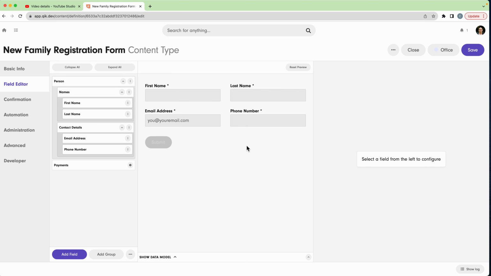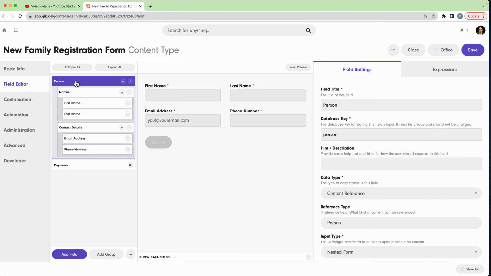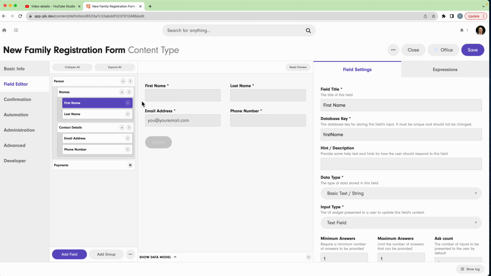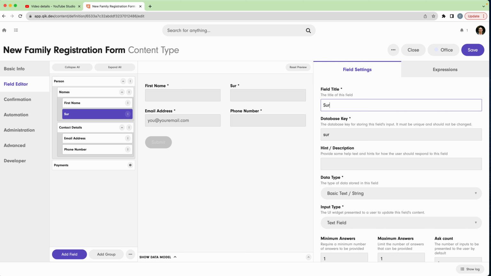How to use the preview panel of the field editor. So on the left hand side you can see we've got a field with persons, and in the middle we've got our preview, and on the right hand side we've got where we edit the fields. So inside the preview you'll see that it actually displays, as we change the details, you'll actually see